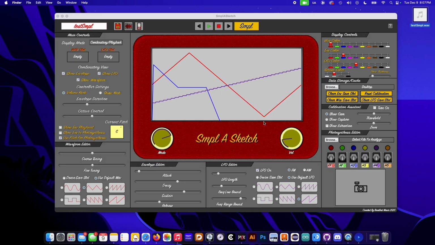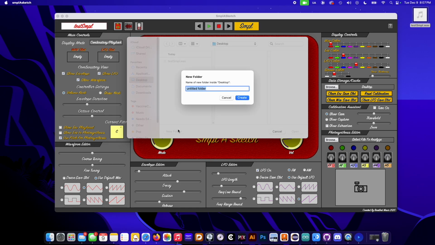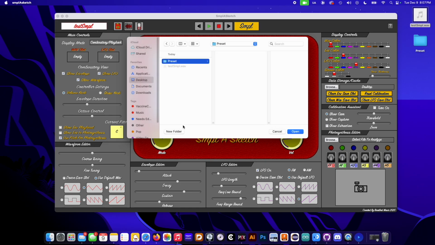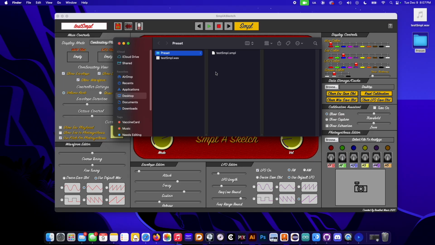The other notable thing about import and export in this software is, if you go up here, let's say I like all of this as a preset. I want to open back up the DAW, and I want to see all of this again. So I'm going to hit this button, which is Save to Preset. And I'm going to make a new folder, and I'm going to call it Preset. You don't have to make a new folder. I'm just doing this for the sake of the video to keep it organized. We're going to open. So now, if we look in Preset, there is this file,